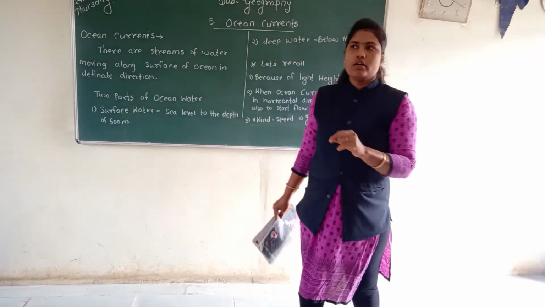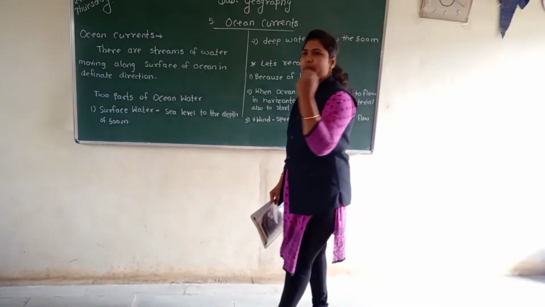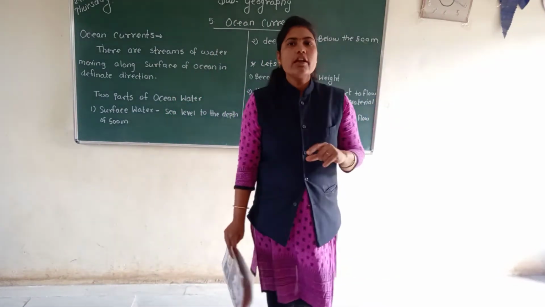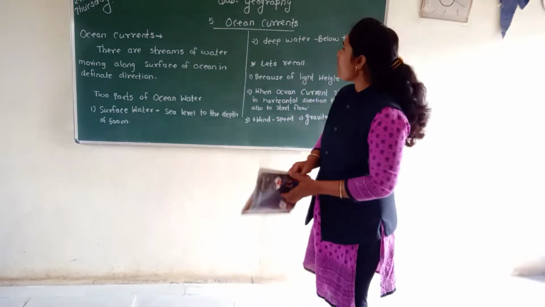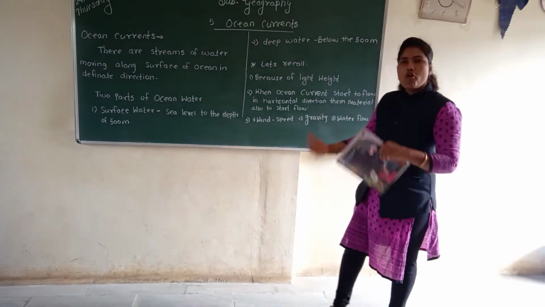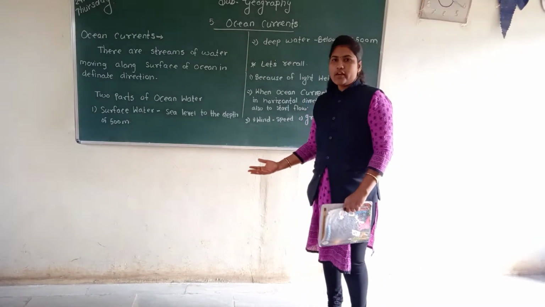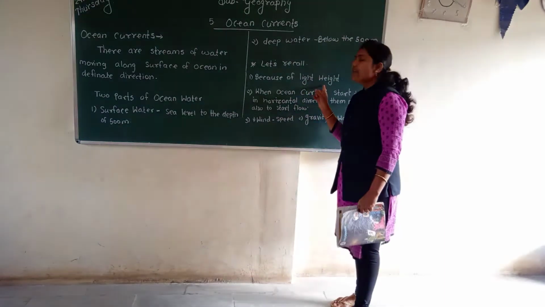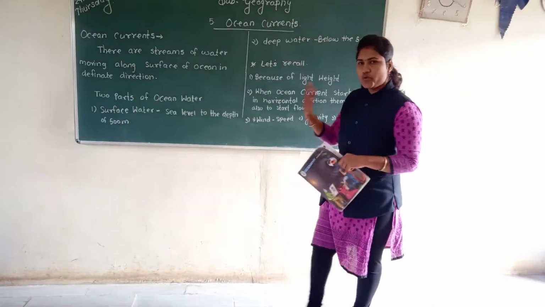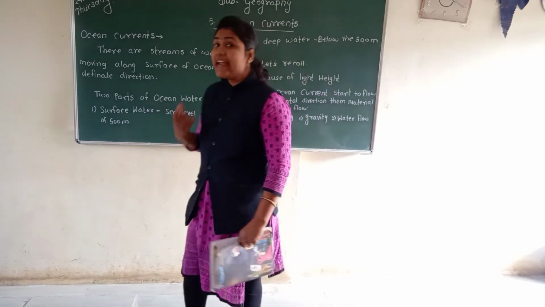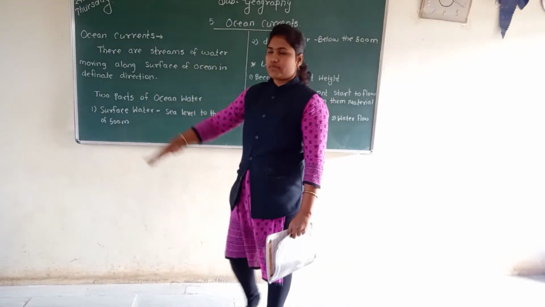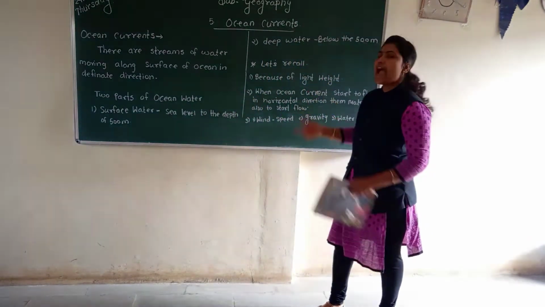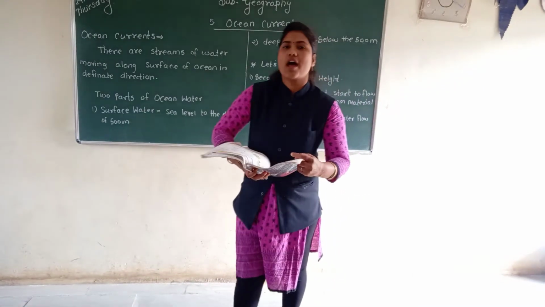For example, in the rainy season we like to make paper boats and float them in the rainy water. Why does that boat float on the water? Why, students? Because of its light weight. As compared to water, those things have a light weight, and that is why that material starts to float. The answer is that because of light weight, material starts to float.